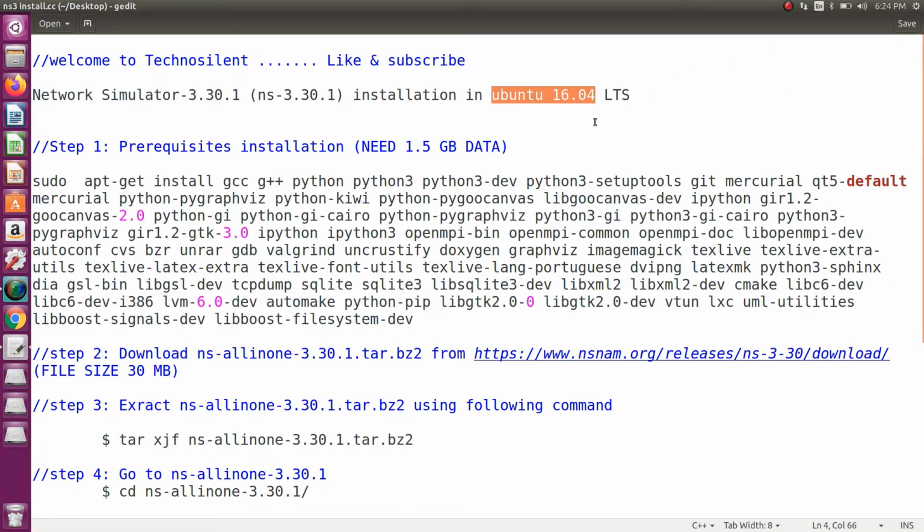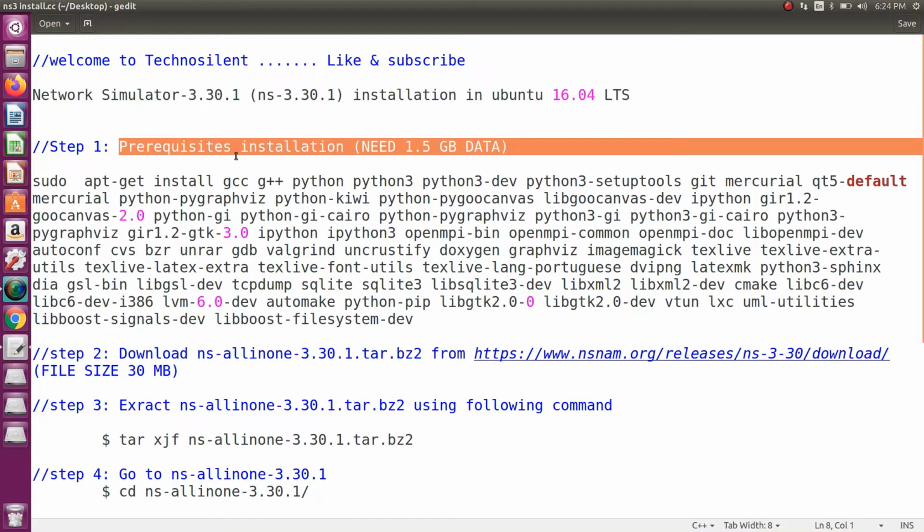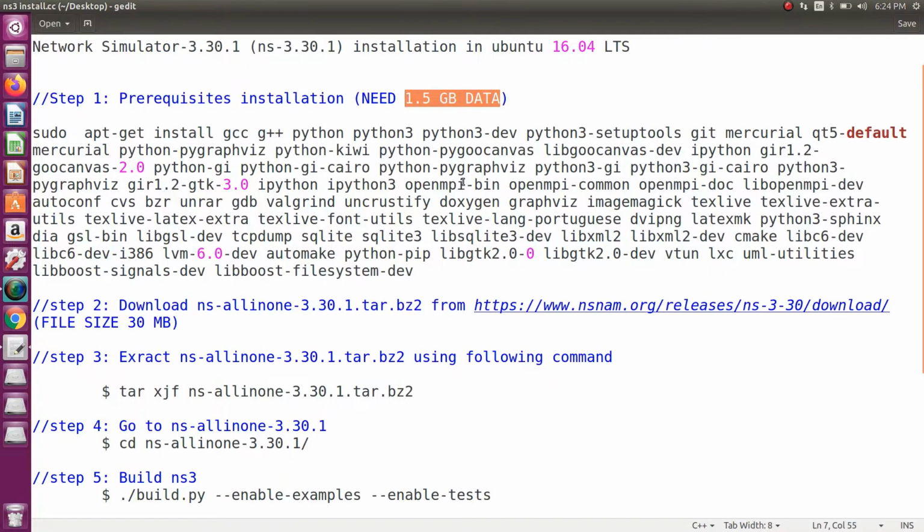Before installing Network Simulator in Ubuntu 16.04, we need to install some prerequisites. It will take around 1.5 GB of data, so make sure that data is available in your network. First, you copy this,